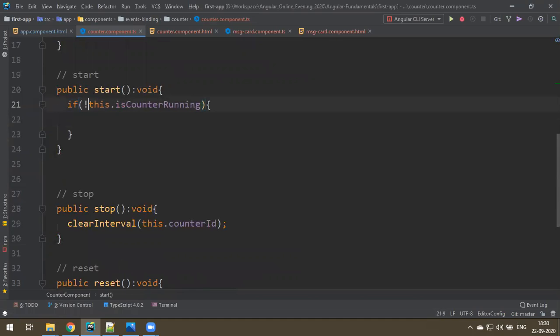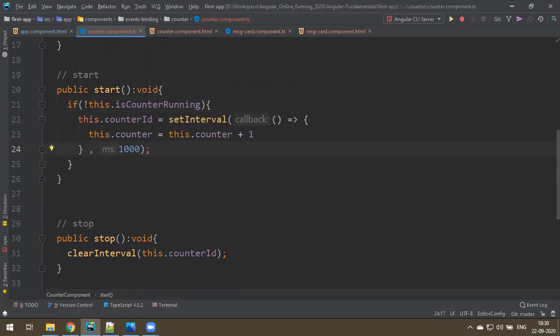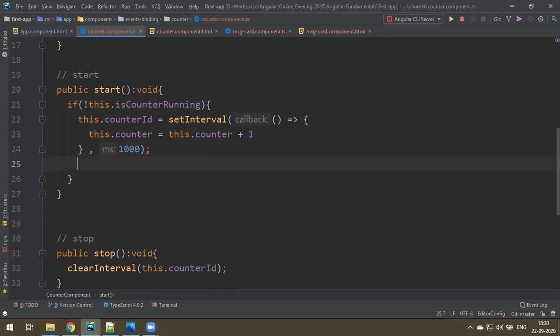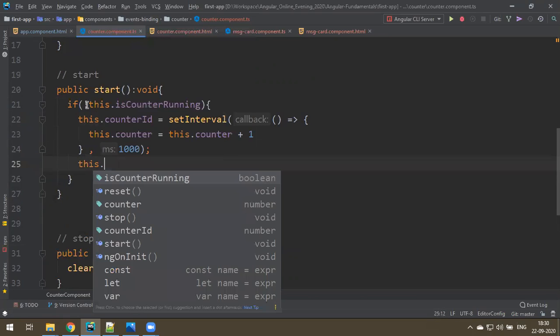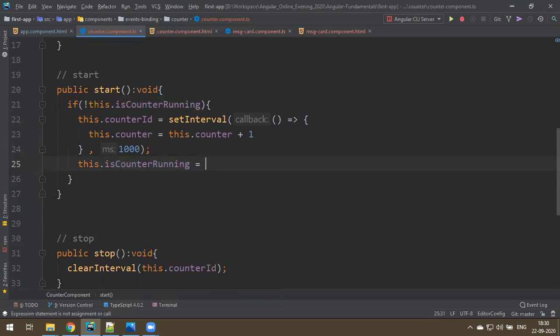If the counter is not running, then you start the timer. As soon as the timer is started, you have to lock it. How to lock? this.isRunning is equal to true, because it is started. So you make a small lock here.